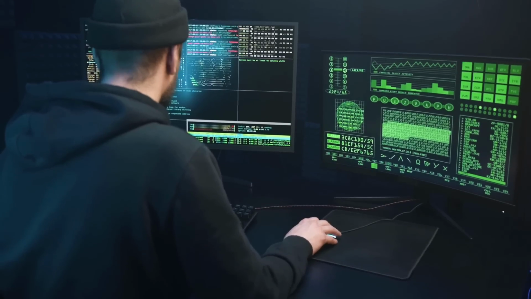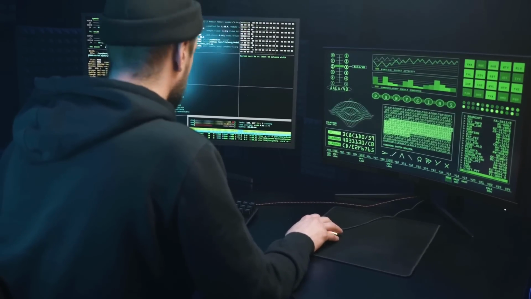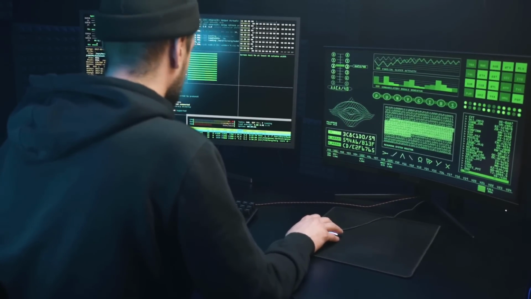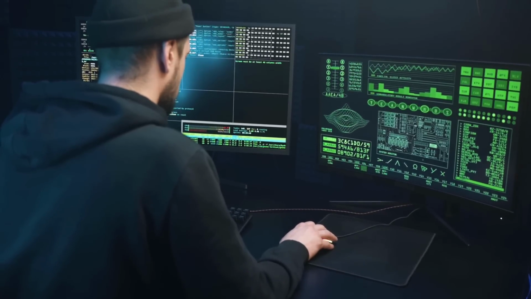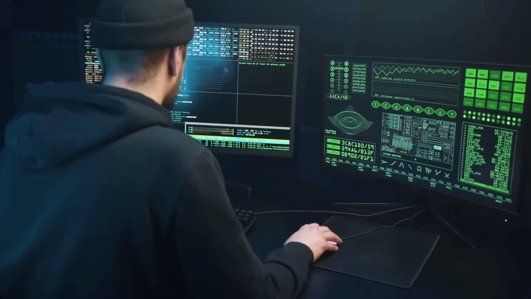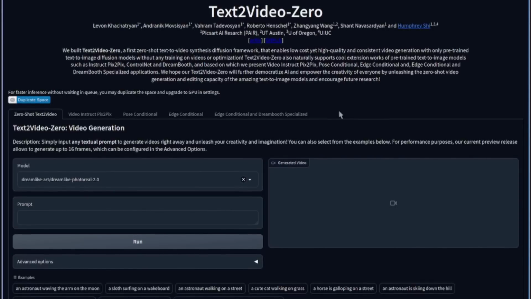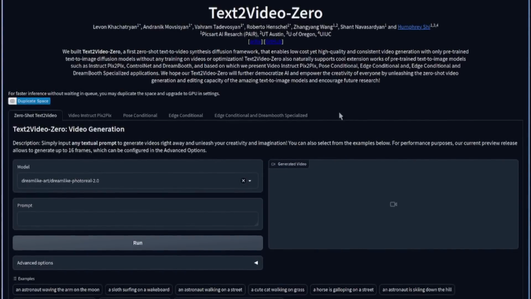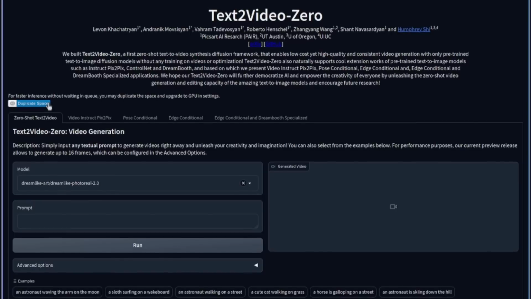So whether you just want to see what this thing looks like, or if you've got the hardware and really want to try this for yourself at home, then buckle up as I'm diving in right now to do a quick install, followed by a demonstration of the various options in this app. If you don't want to install anything locally, you could just use the Hugging Face space provided for free. There, on that link, all you have to do is wait your turn. Or, if you feel like splashing a little cash, then you can click on Duplicate Space and rent an A100